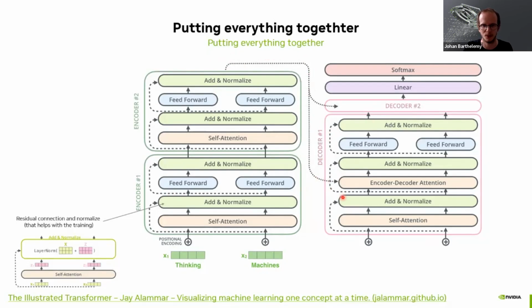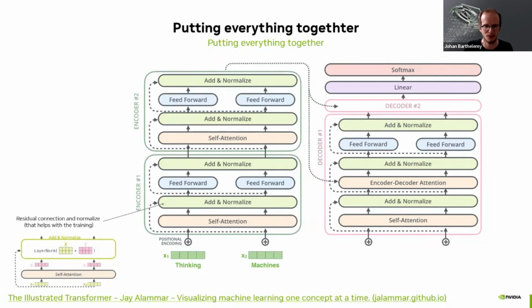So we've got decoder 1, that's the same thing: self-attention, normalization, encoder-decoder attention, normalization, feed forward, and then again a normalization step there. Then you can go to the second decoder, then you've got the linear and softmax layer to make the classification step. So that's where we're going to predict which is the next